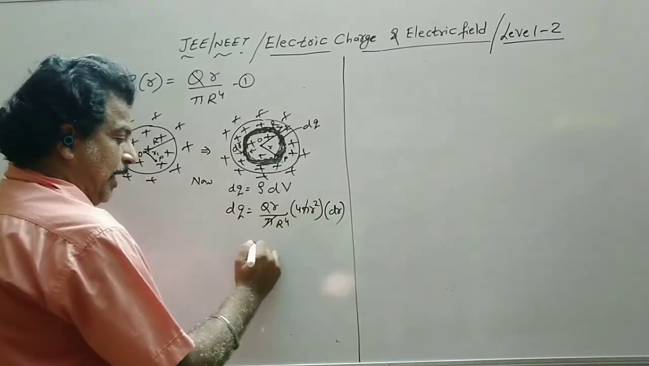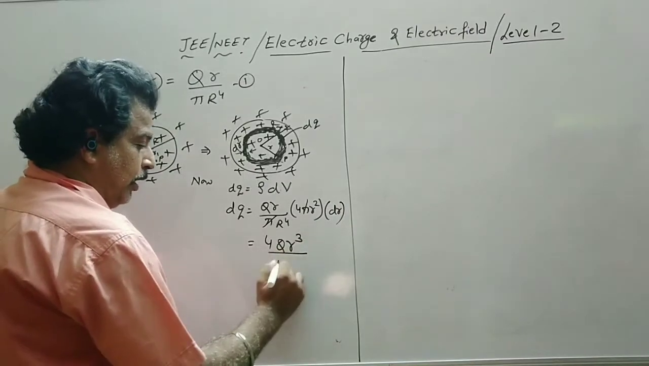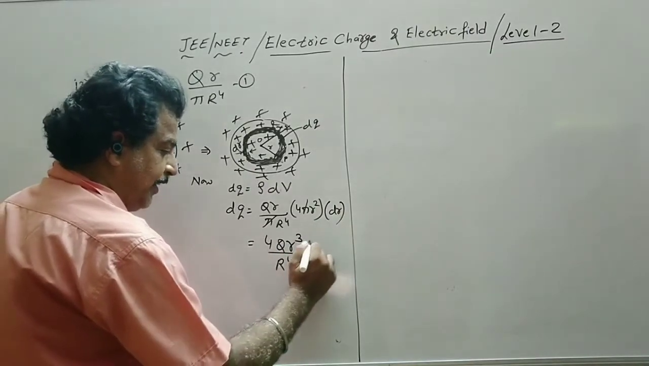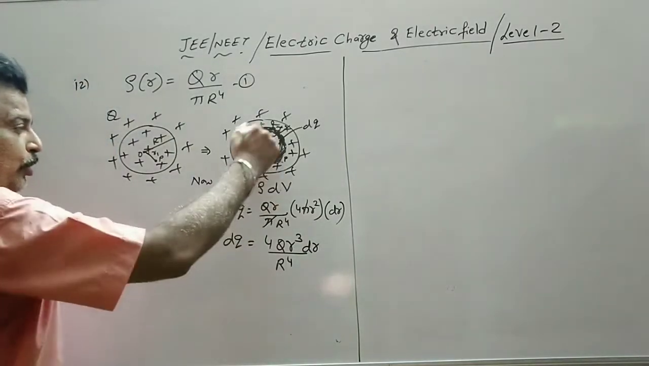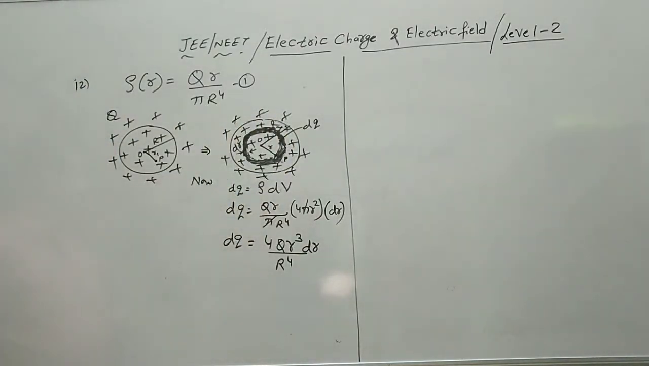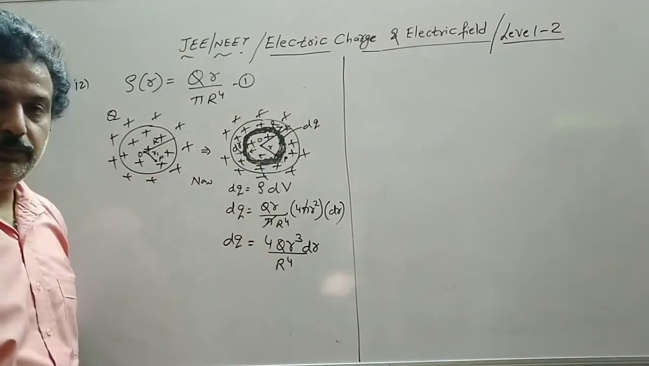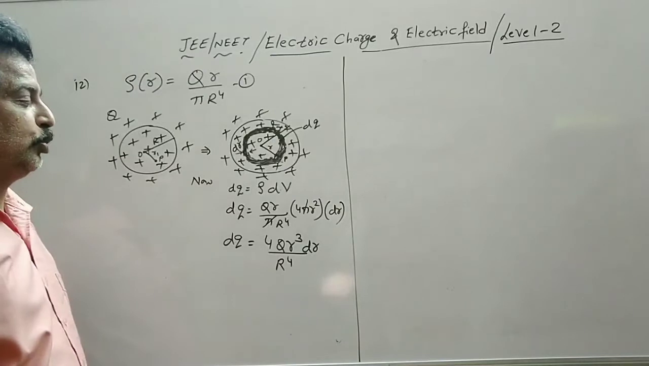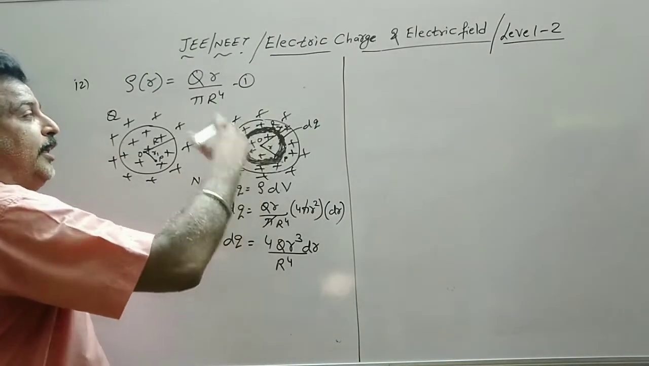This r becomes r cube. So we have 4q r cube r raised to 4 dr. This is a small amount of charge on the surface of the Gaussian surface. Now I have to find out the total charge enclosed, that is, how much charge is enclosed in the radius